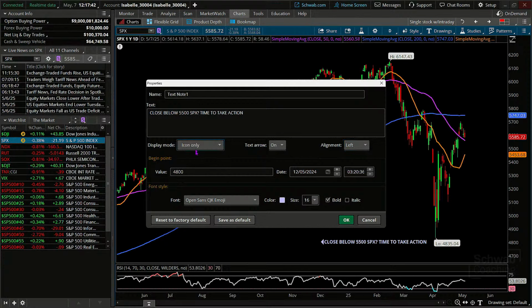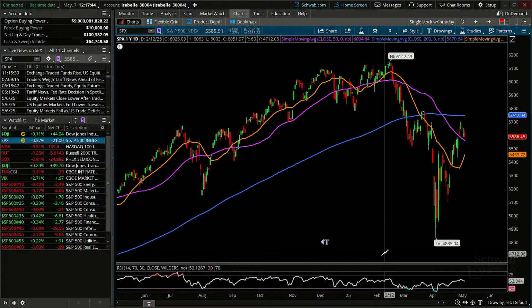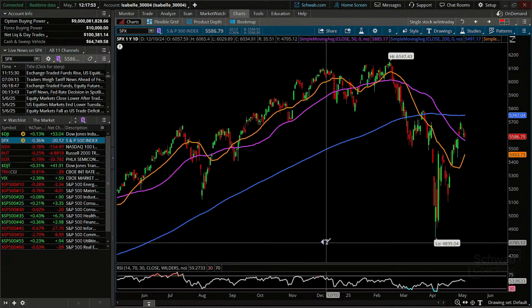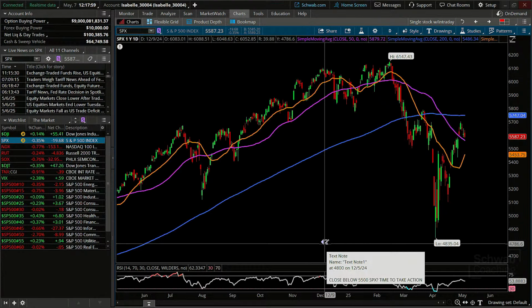We can show the icon only. Check out how this looks. There's your icon. Now I can hover over it, and there I have the same detail. So it doesn't take up the entirety of your chart. It doesn't give you more than you want, but you can have as much of that note as you want, and you can also have as little of that note as you might like.